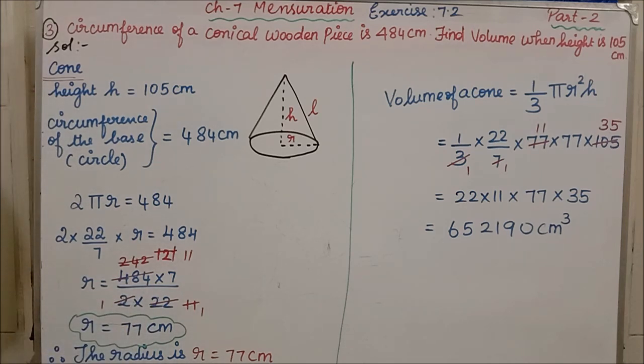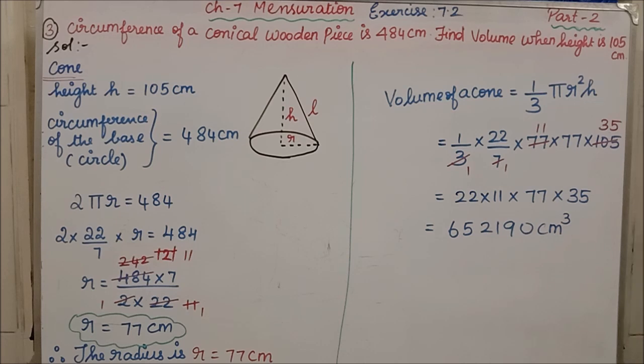Students, in the question they are asking what? Find the volume. So we are using the volume of the cone formula. Students, volume of the cone formula is 1 by 3 pi r square h. In the first problem we have seen the volume of the cylinder formula, isn't it? Volume of the cylinder formula, what did I tell? Pi r square h alone. For the volume of a cone, you have to put 1 by 3. Clear? Don't make the formulas very complicated. Make it simple. How can you easily memorize it?